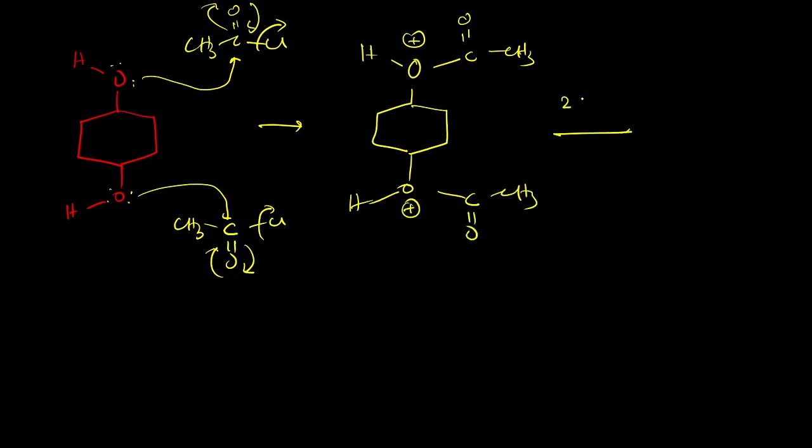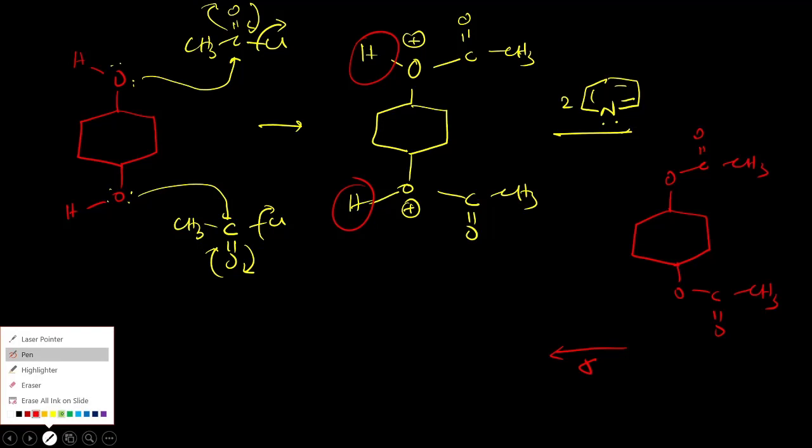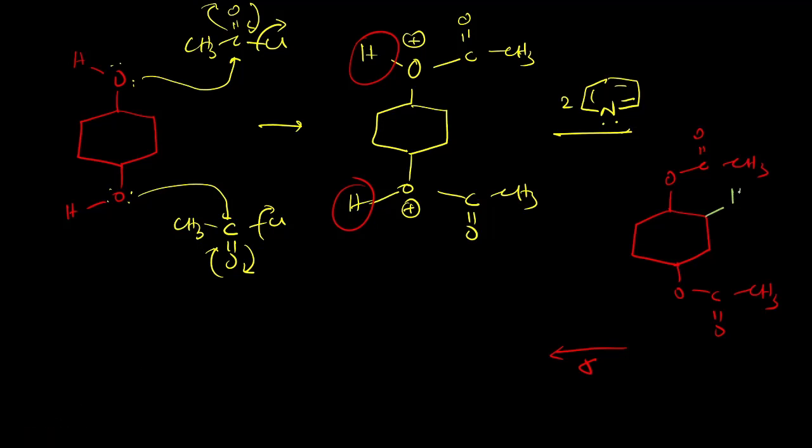Now if we add two equivalents of pyridine, then these acidic hydrogens will be removed and we will get two C(=O)CH3 ester groups. Now if we heat this system, as this is pyrolysis of ester, hydrogen at the same position with respect to the ester group will be eliminated, and finally we should have a stable product. If we remove these two hydrogens, the final product will be conjugated in nature.